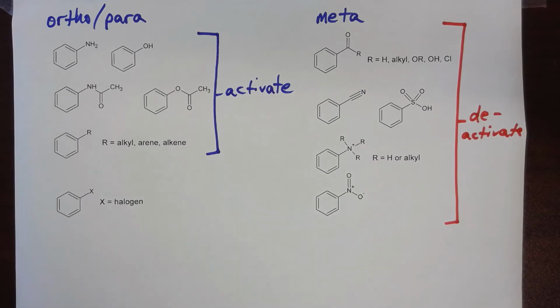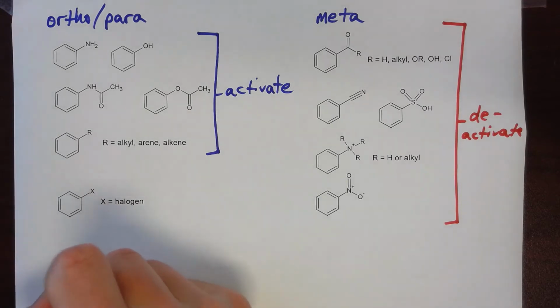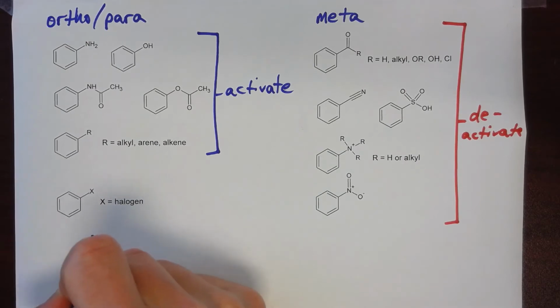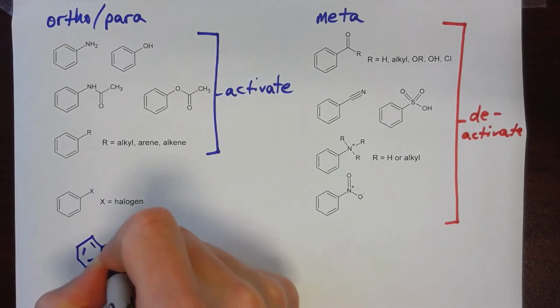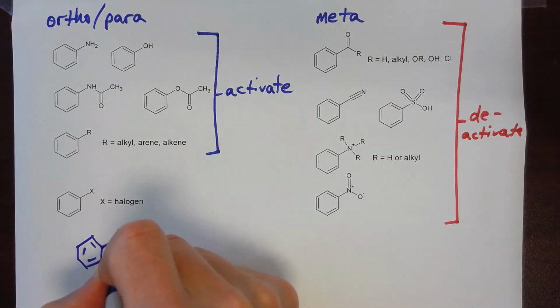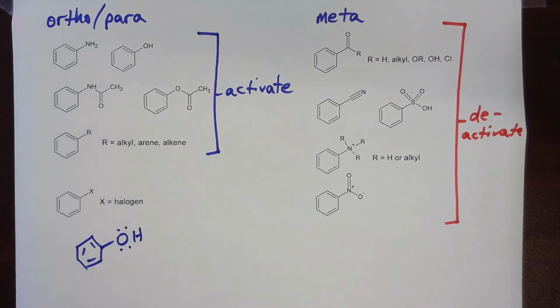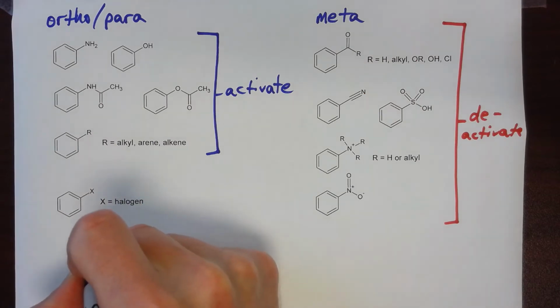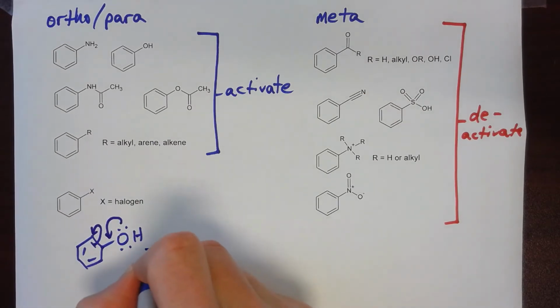So I'd like to take a look at why something like phenol is an activating group, and it's a strongly activating group. So if we just look at the resonance structures, we can actually tell a lot about why phenol is an activating group. And so the oxygen can actually donate electron density to the ring,